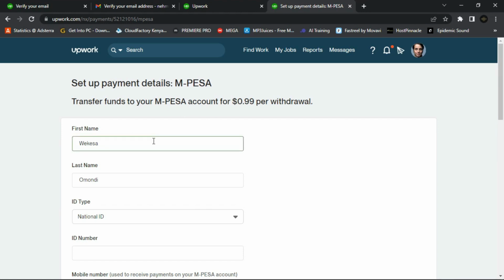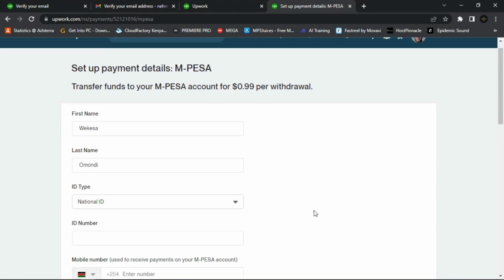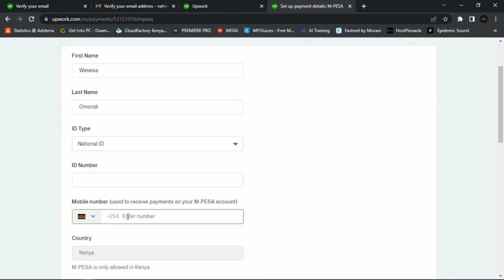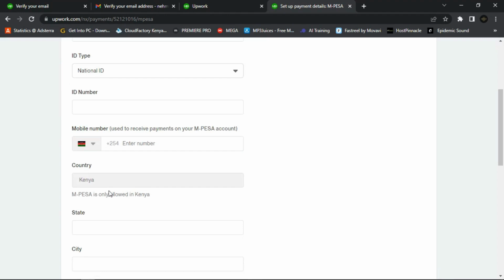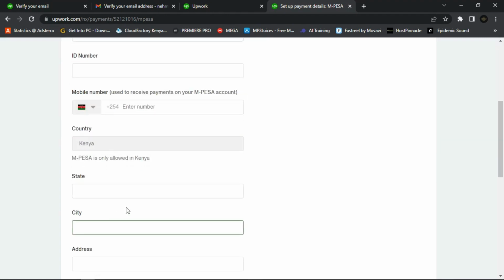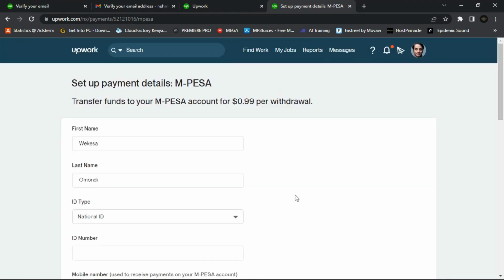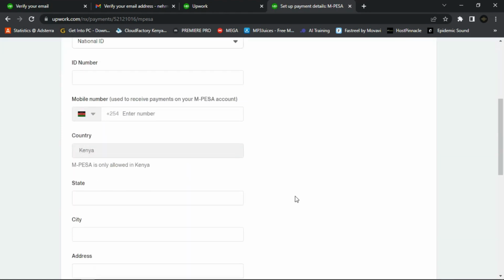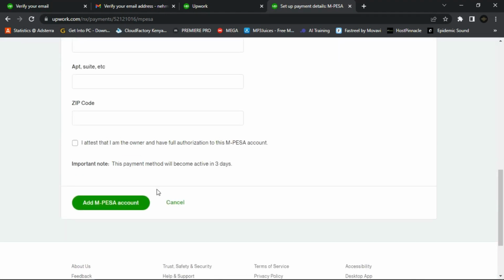You select your ID type, like if it's national ID, driver license, passport, and then you write in your ID number. You write your phone number. The country is Kenya, state, city, address, apartment, zip code, and all that. Remember, for me, I already have an account here in Upwork, I don't want them to suspend my account. So guys, you can do that. Then click on add M-Pesa account.